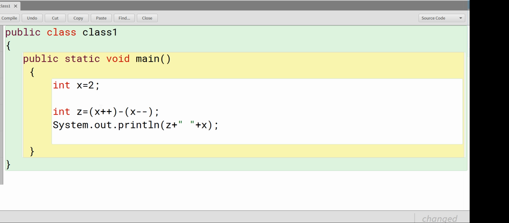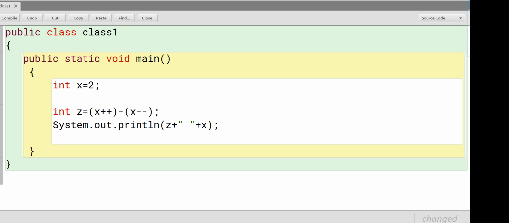The value 2 will be used first, and after that the value will be incremented. Then the incremented value 3 will be transferred here, but in this place the 2 will be used.